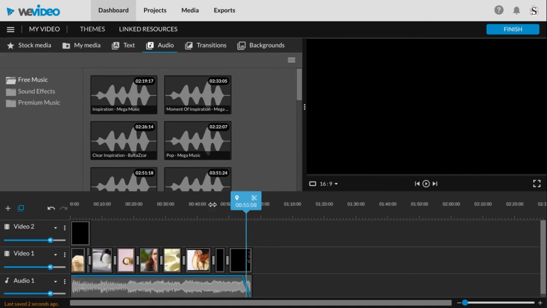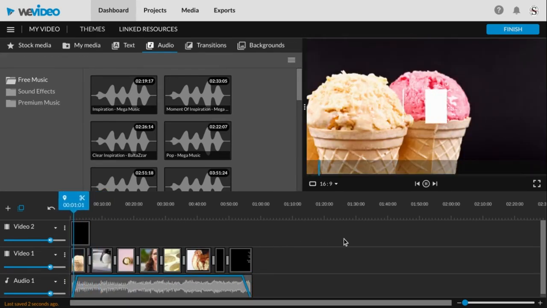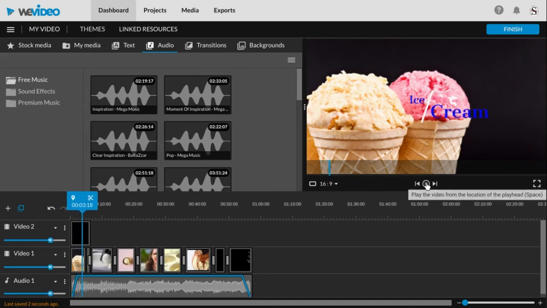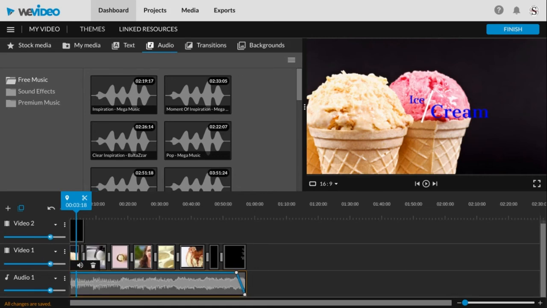And we could also add that at the beginning, just a tiny bit. So we're going to do it just a little bit. You need to make the dots, and you're going to drag it up. And then when it's up here, so now it sounds like this. Like that. So it's really quiet, and then it goes to the full volume. So once you do that, which is just an optional thing, you don't have to do that,